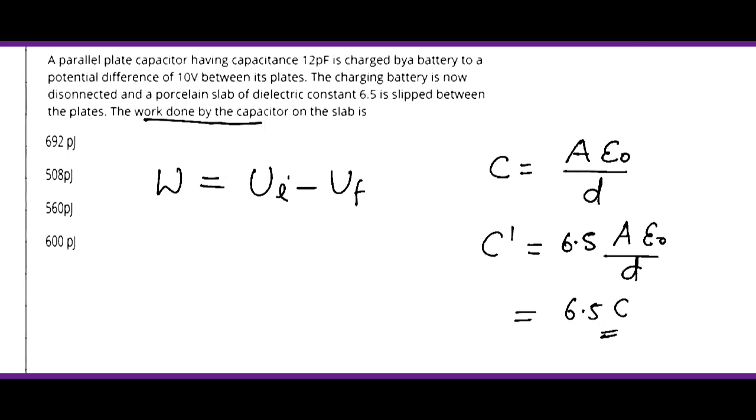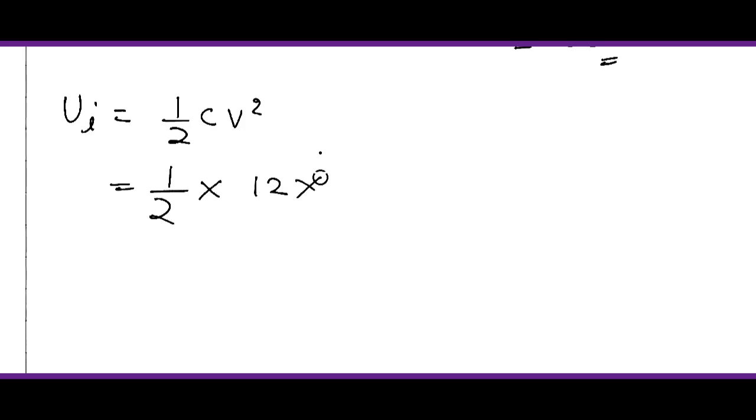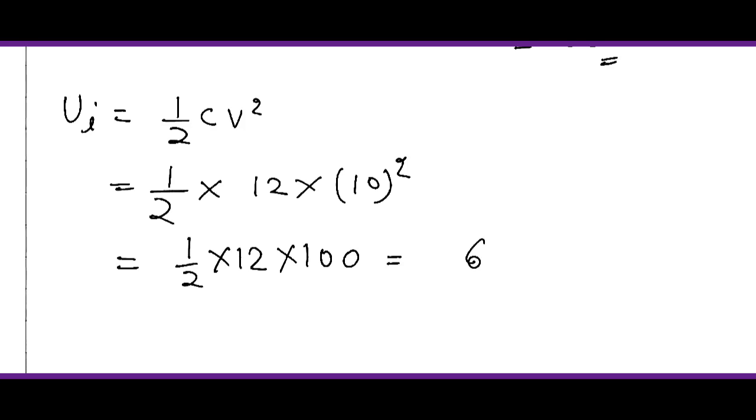Okay, now if we calculate the energy initial, this will be half C V square. Okay, and the C was 12 picofarad into voltage, that is 10 square, so this will be half into 12 into 100, that is 600 picojoule. Now to calculate the final energy, that is U final, it will be half C dash V square,